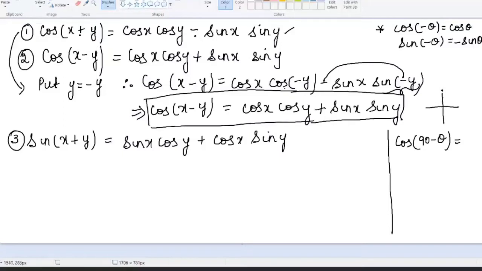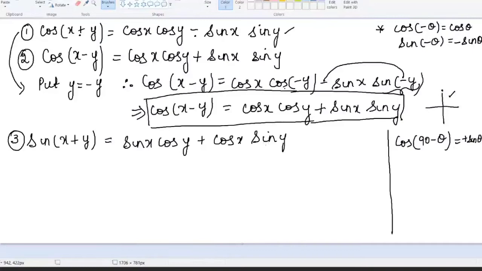Minus means I'm moving backward. So 90 minus means I'm moving in the first quadrant. In the first quadrant all are positive, even cos is positive. So the answer is plus here, the sign is plus. 90 lies on the standing line. If it is lying on the standing line, I have to change to the cofunction. Who is the cofunction of cos? It is sine. So therefore I have a plus sine theta.